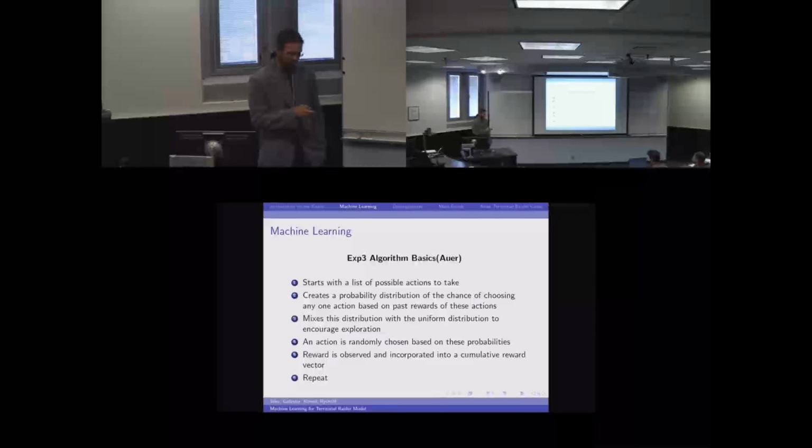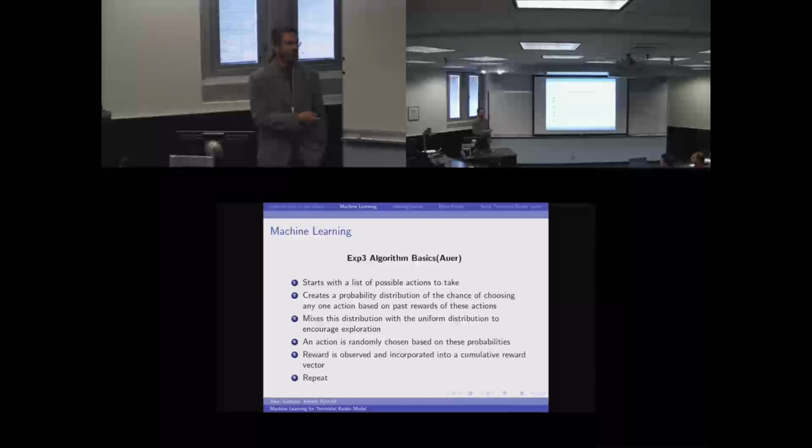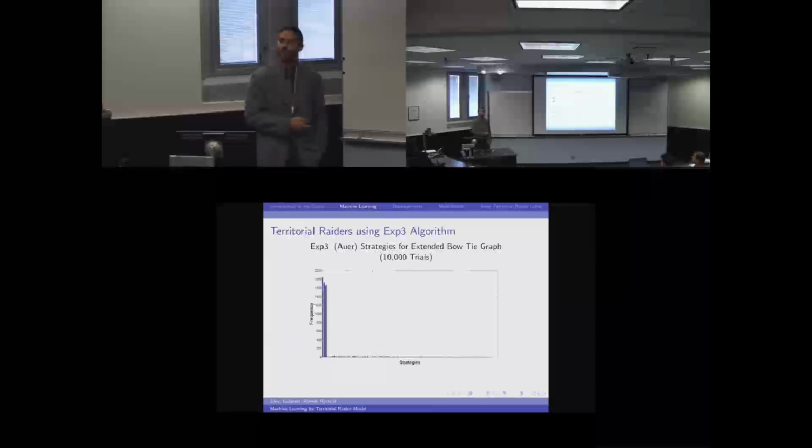So you create a probability distribution. Once the distribution is created, you randomly choose your action based on those probabilities. You make the action happen, which means that you collect a payoff based on your action. Then you update the vector and repeat. And you do it many times. You kind of learn by it, and in theory, you should learn what is best. That has nothing to do with real learning. I mean, people would probably learn differently, but this is what we saw.